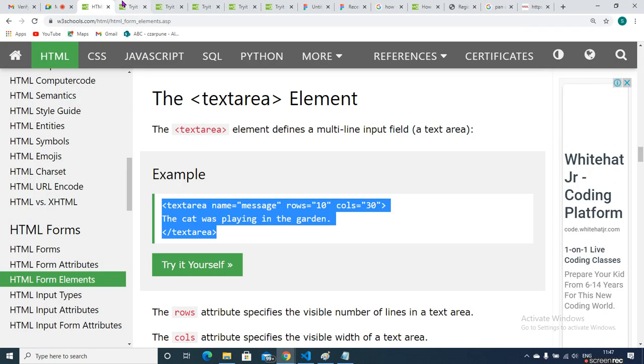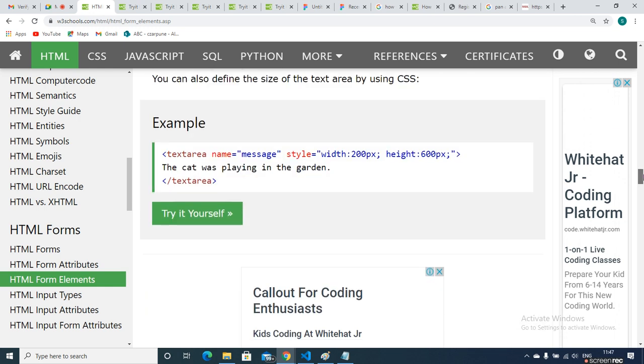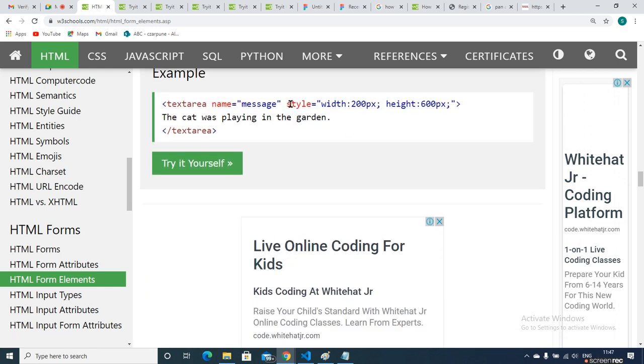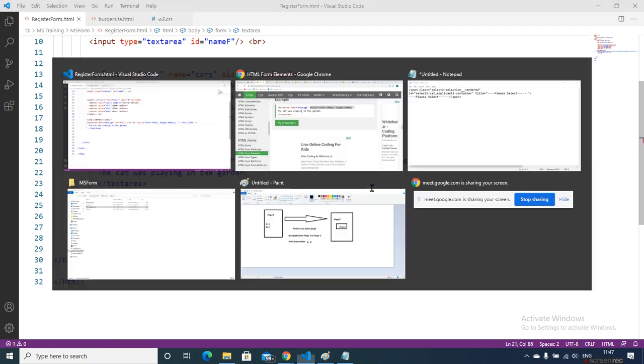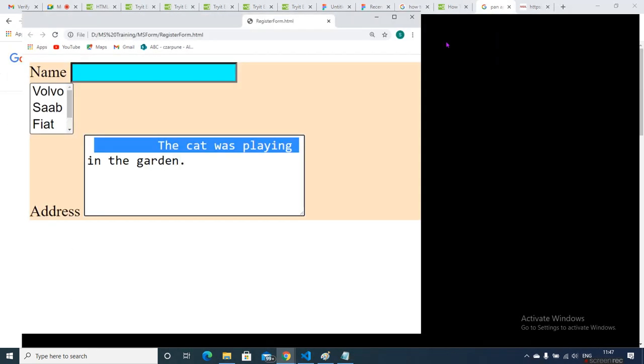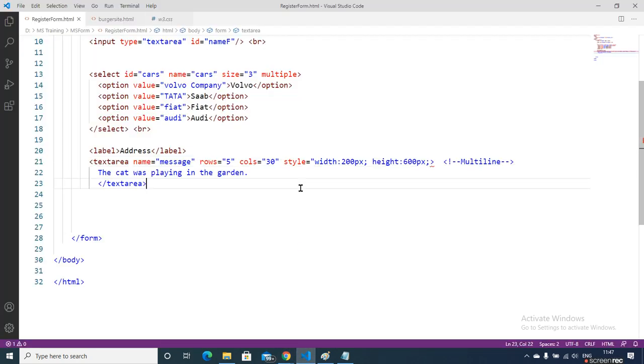Now go ahead, rows and columns you understand. Now for the text area, you can apply style, meaning what kind of width and height we can apply with CSS. What kind of width and height you want for that text area, you can set it here. It vanished. Why?